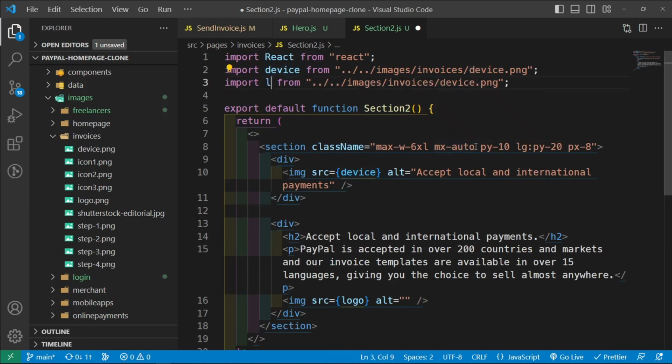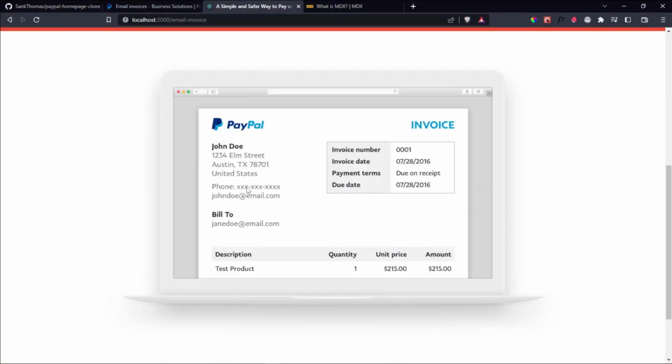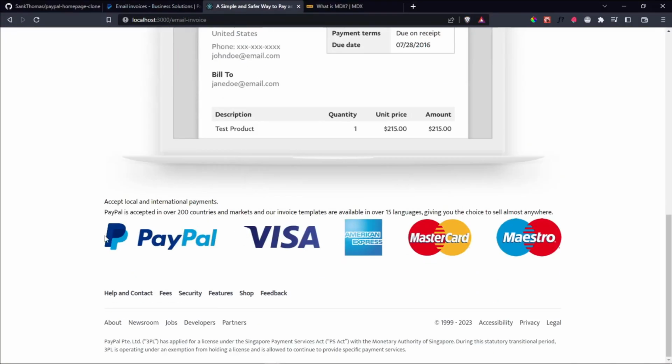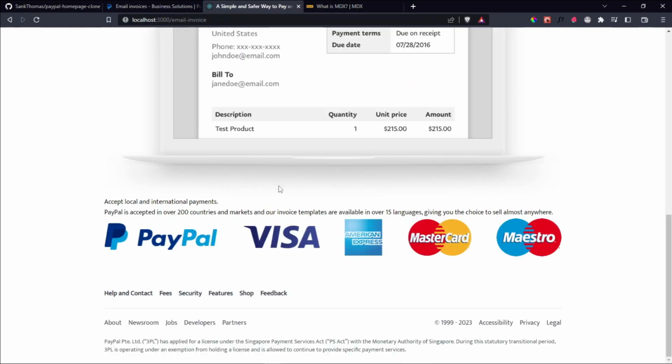Let's copy this down. Let's say import logo, and then this is called logo.png. And then let's save it. Let's see what we have on the screen just to make sure that we're correct. There we go. So you can see that this entire thing is one image. And then once we have that, then let's go ahead and create this part, which is going to be another